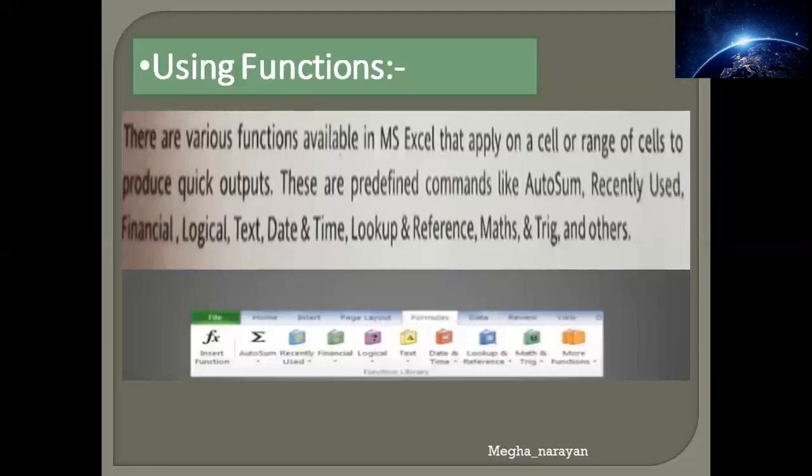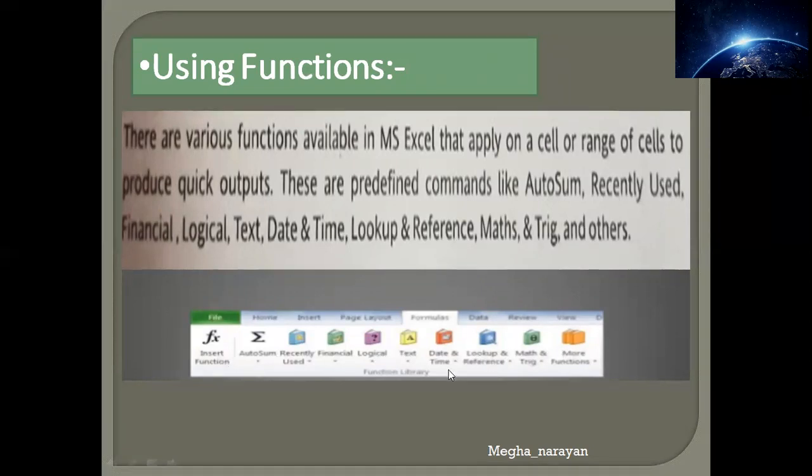Moving back is using functions. As you can see in MS Excel, there lies a tab named Formulas. You can even open it up on your screen and find this ribbon. It is easily available. The Formulas ribbon shows various sorts of formulas written. Insert function, you can even copy functions from here. Auto sum, recently used, financial, logical, text, date and time, lookup and references, etc.